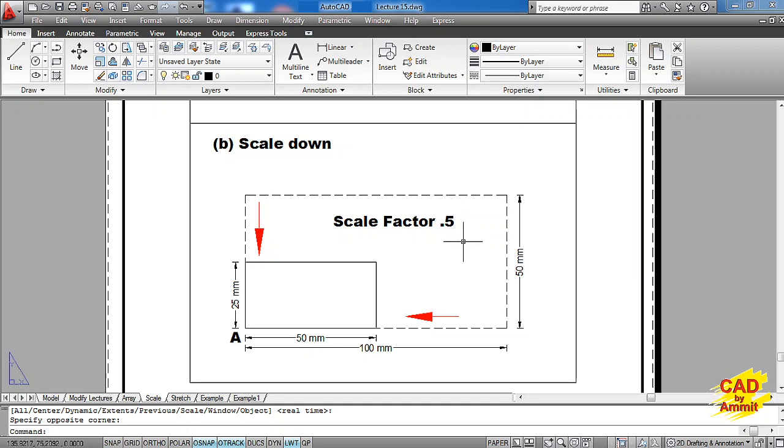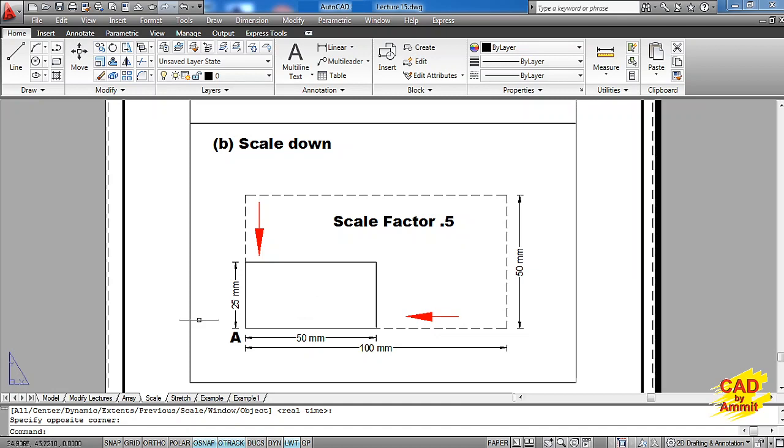So 0.5 scale factor will simply reduce it in both the directions, means the length of the rectangle will be reduced to half as well as the breadth of the rectangle will also be reduced to half, making it 50 millimeters length and 25 millimeters as the breadth. And in both the situations, I have taken point A, this lower left corner of the rectangle, as the base point. So this point will remain on its position, on its location.